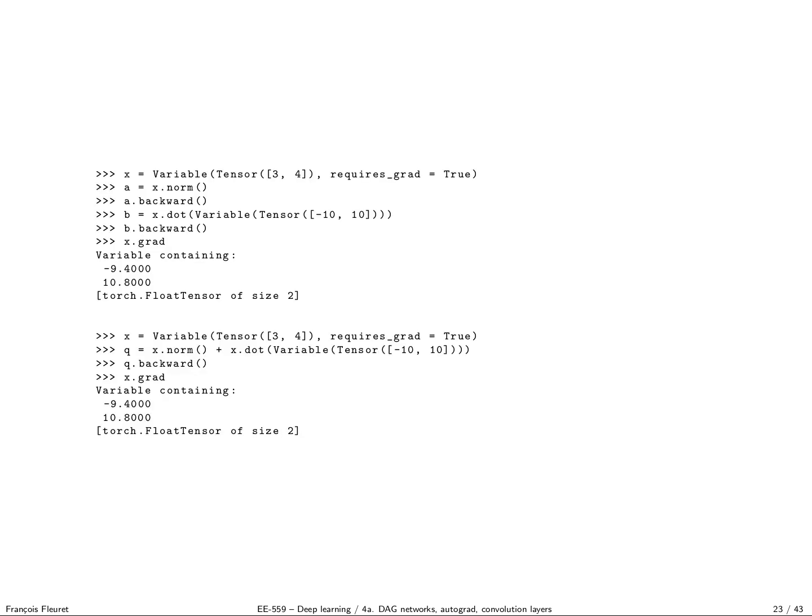So here I do the same computation in 2 ways. In the top piece of source, what I do is define a tensor, compute its norm, backward the norm, compute its product with another tensor and do the backward, and then thanks to the accumulating behavior, I have the sum of the gradient with respect to both. Or what I could do is to compute directly the sum of the two and do the backward, and I get the same value. It's just to show that when you have a loss which is the sum of terms, doing the backward in one shot or doing the backward successively on the terms gives you exactly the same result.